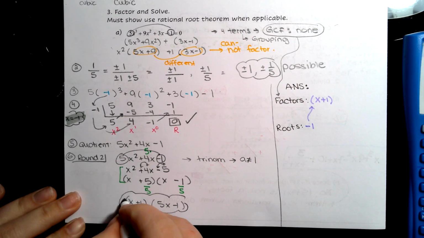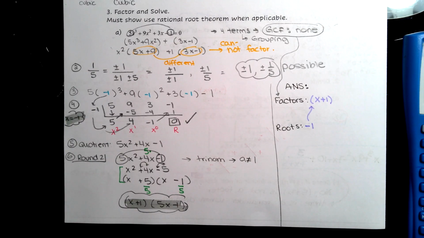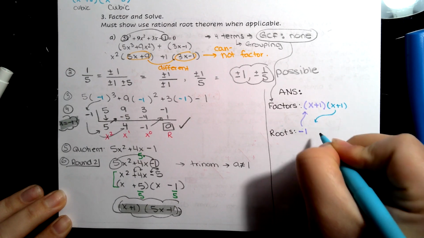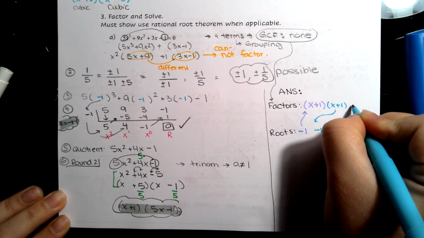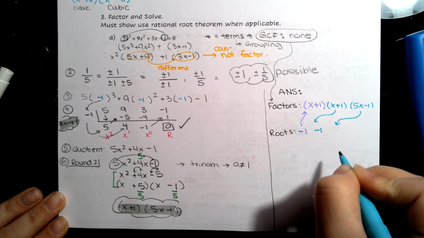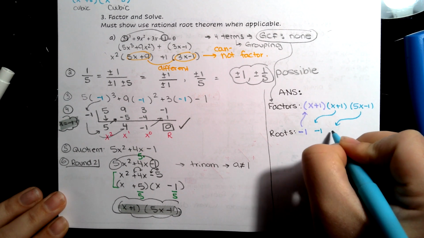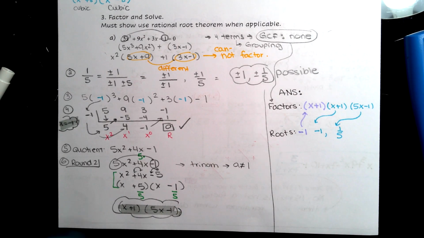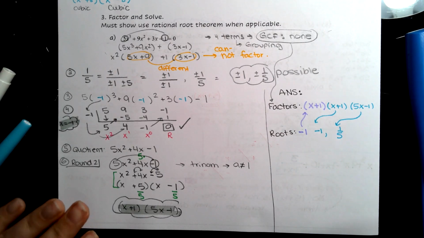Next, I had 2 other factors here in round 2, step 1. And in round 2, I had a factor of x plus 1, draw an arrow down, which means I have a negative 1. And then I had 5x minus 1, draw an arrow down, set that equal to 0, solved. So we would have a positive 1/5 as a root. Okay, now this right here is not a fully correct answer. So I'm going to cross that out